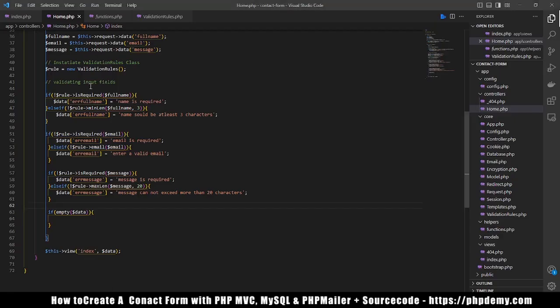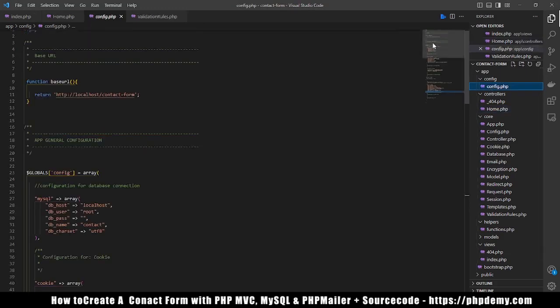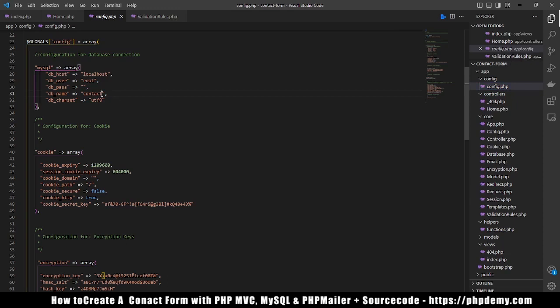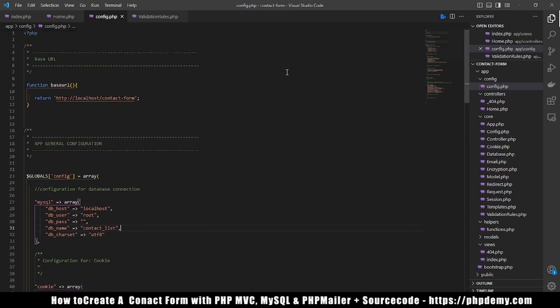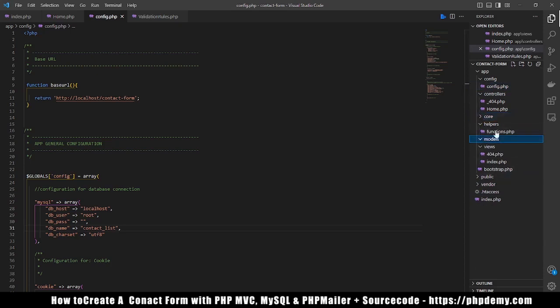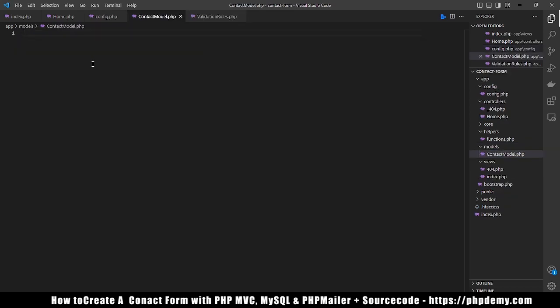Let's go and configure our config file, so we'll come down here and have it as contact list. That is our DB name, contact list. So I think we are good to go. Let's head down to our model, and then we'll create a file. We'll call it contact model.php, and then we declare our PHP opening tag,